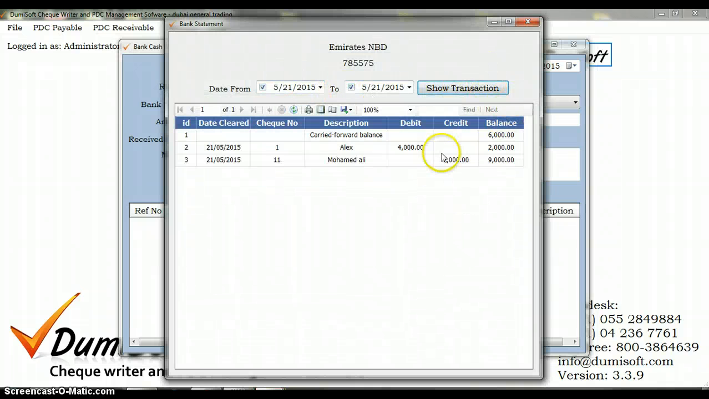Today's date, yes. As you can see here, 6,000 with the opening again. We have issued a check for Alex, 4,000 dirham, so the balance is 2,000. We have received the check from Muhammad Ali, and both of these checks are cleared, so our balance is 9,000 dirham. So at the end of this quick demo, I hope it was clear, showing you and giving everyone the solution